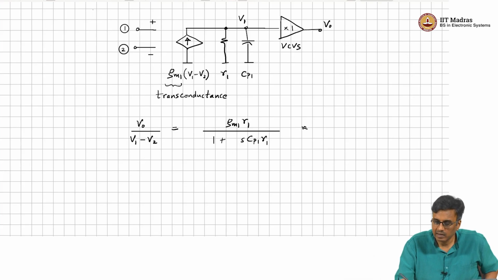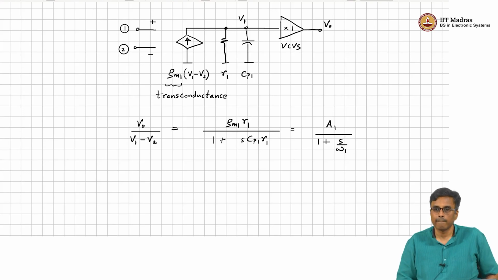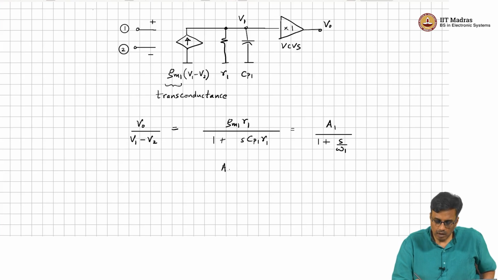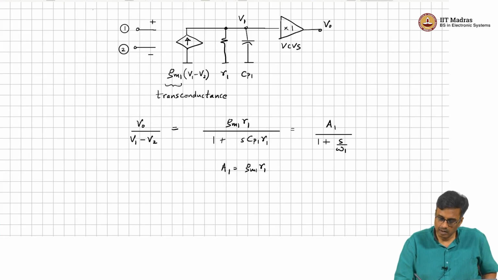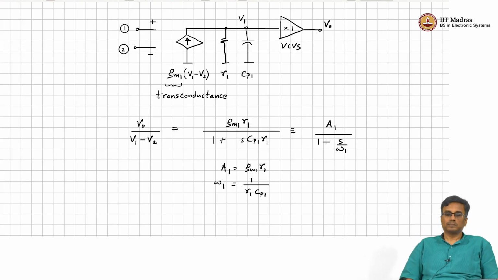So, this can be written as some A1 by 1 plus S by omega 1, where A1 is GM1 into R1, and omega 1 of course is 1 over R1 CP1, all right. Ideally, of course, we would like this A1 to be very, very large, of the order of 10 power 6 or 10 power 7,